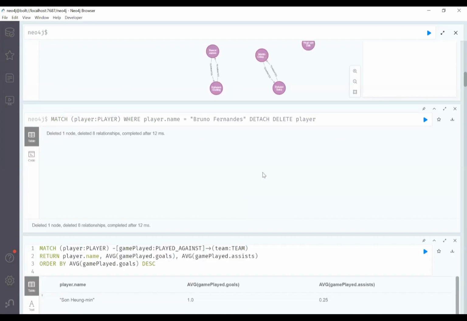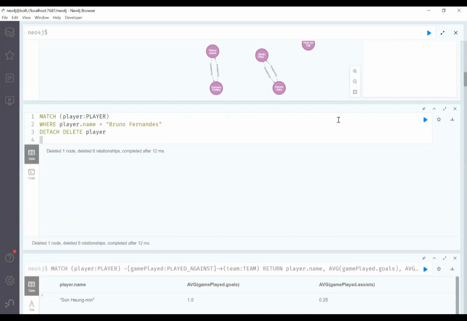So in the last part of this video, I would like to talk about how we can delete a node, delete a relationship, as well as delete the entire graph. If we want to delete a particular node, let's say over here, we want to delete the Bruno Fernandes player node, we first have to specify the where condition, in this case, the player name equals Bruno Fernandes, and then followed by detach delete player. If we execute this, it will tell us that it has deleted one node,